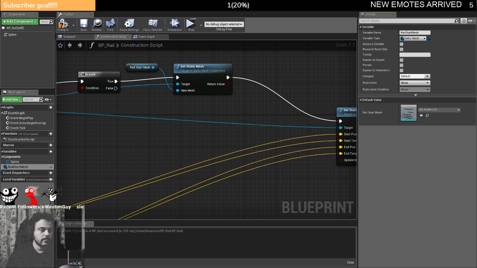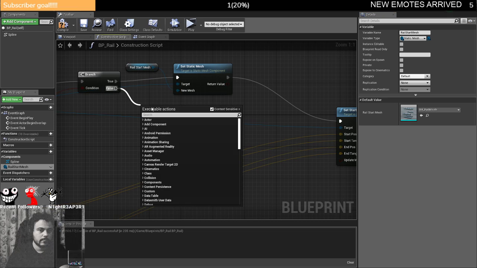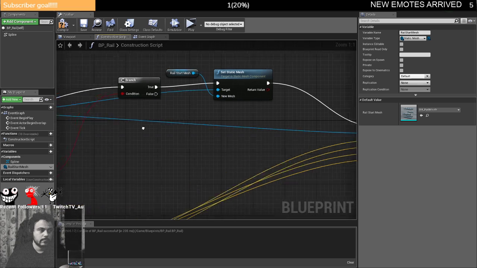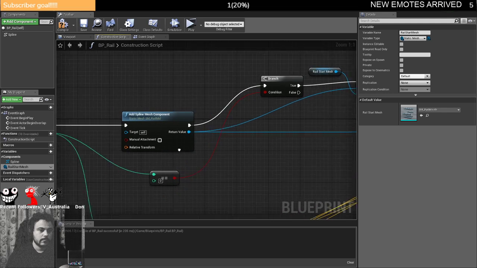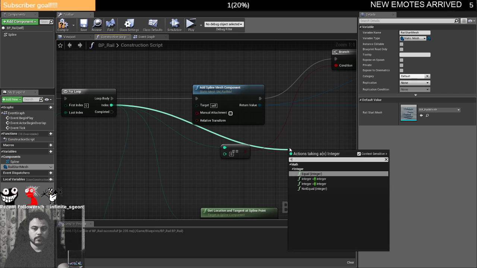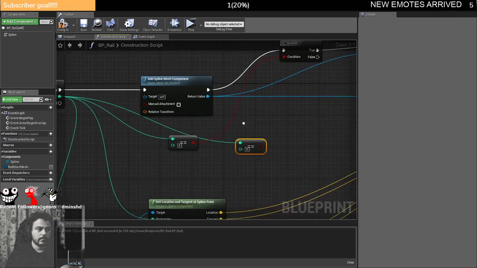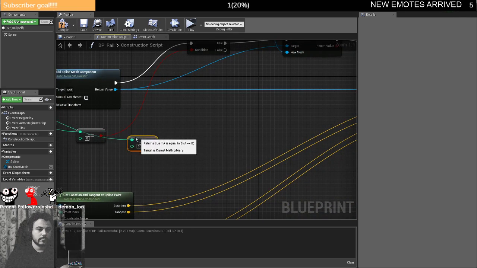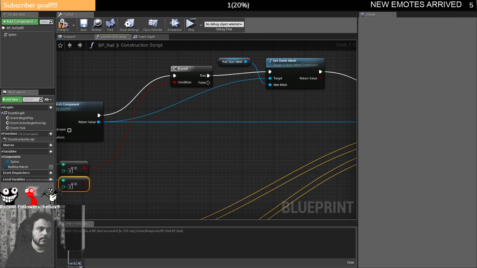Now, if this is false, let's then check to see if it's the end piece. And if it's the end piece, we'll do an operation on it as well. So, how do we check if it's the end? That's simple. All we need to do is check if this index is equal to the very last piece that it's going to check through, which is equal to that. At which point, I'm going to duplicate my branch, I'm going to connect this to here, and if this is false,